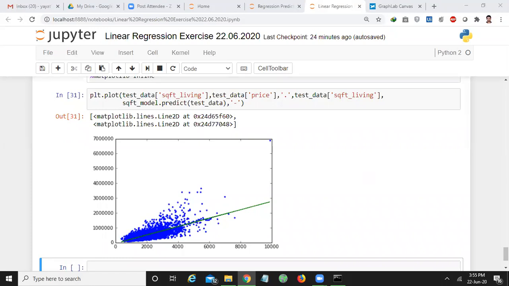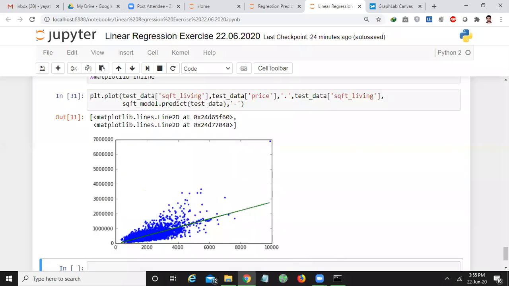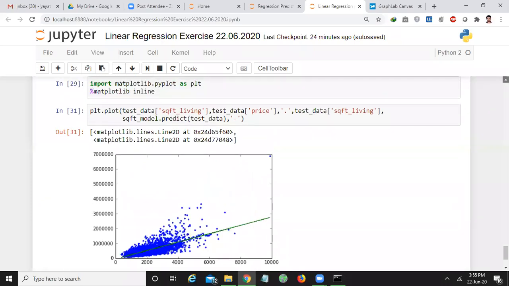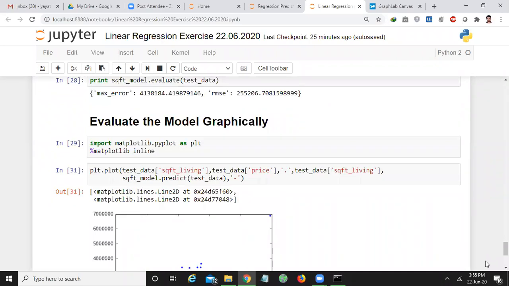All of you got the graph? Yes? Shall we proceed further? Yeah, sure. Abhiram Singuru, up to what? Up to what I have to scroll? Which command?